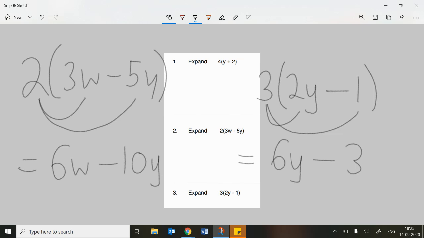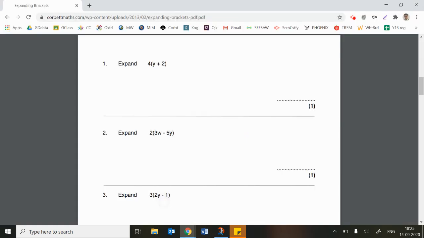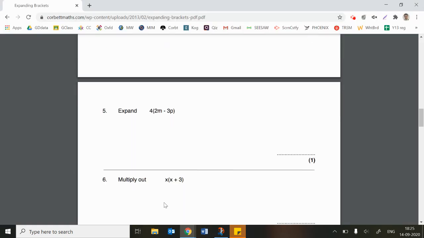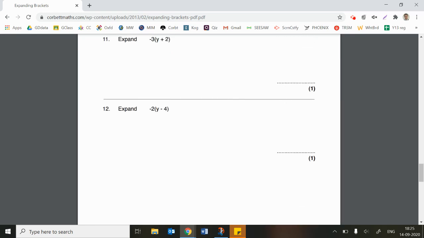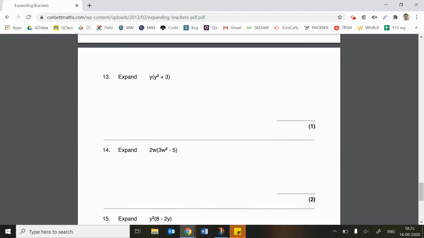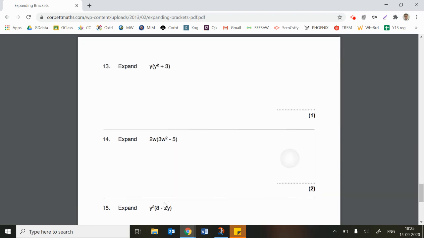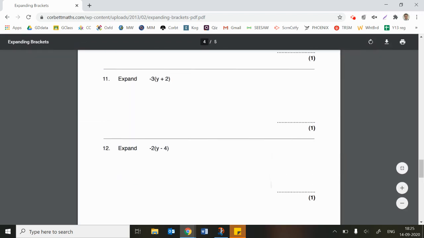Okay, well, let's make things a little bit more challenging now. So let's just look through this Corbett Maths exercise here, and let's get to something where we've got a letter on the outside and a letter on the inside as well. Okay, well, those ones are pretty challenging. So let's go to,